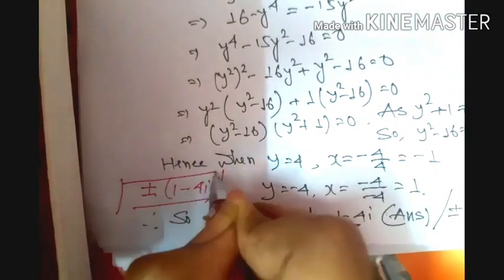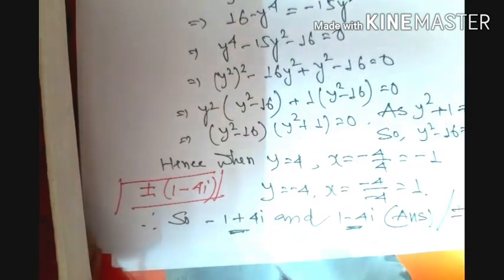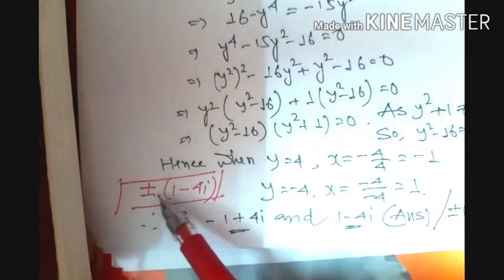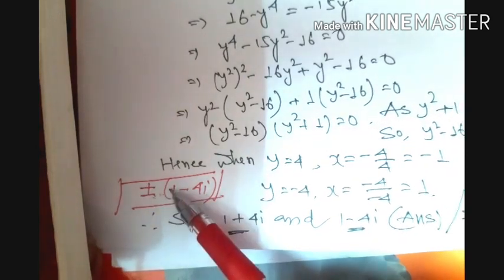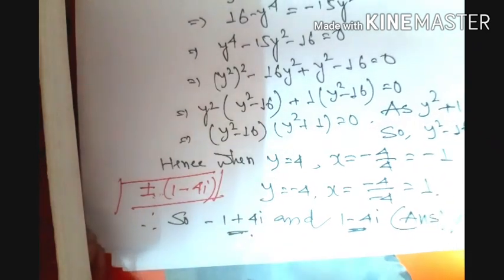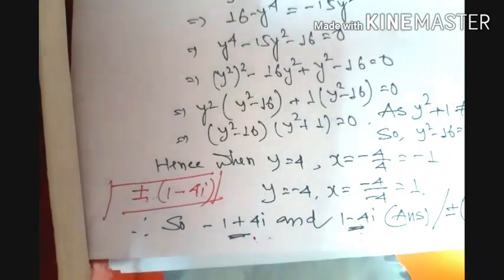So this is our required square root if you combine the solutions. Or if you want to represent it individually, you can write it like this also: if you go for the plus sign, then you will have 1 minus 4i, that is this solution. If you go for the minus sign, then minus 1 plus 4i. This is the other complex number. That's it. This is our first process.